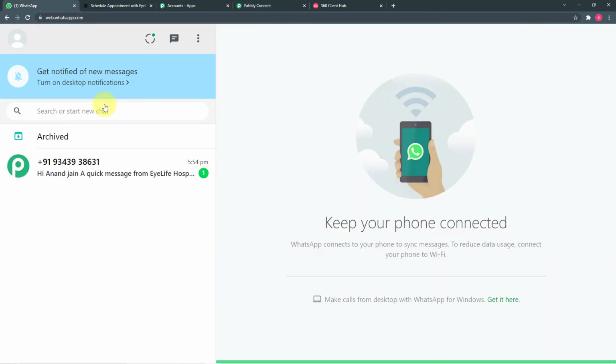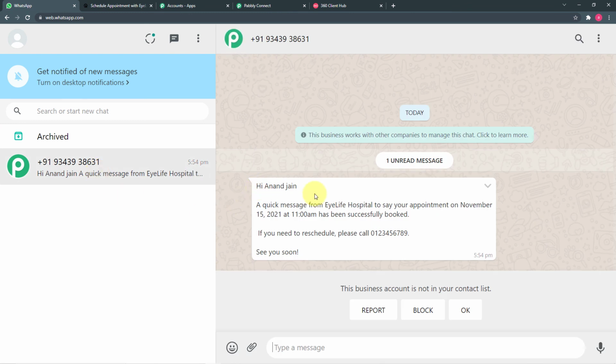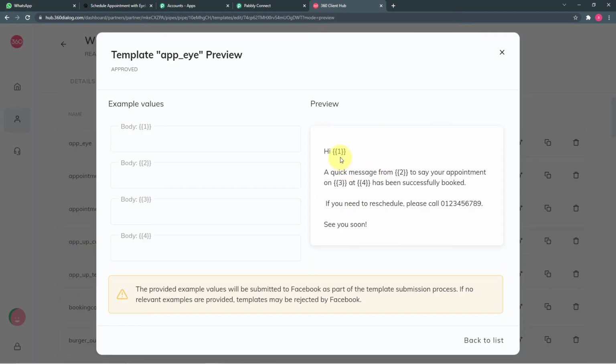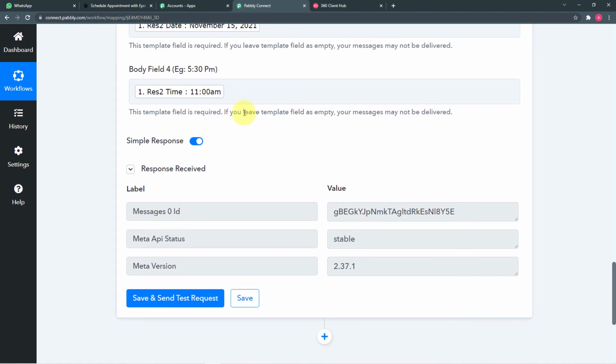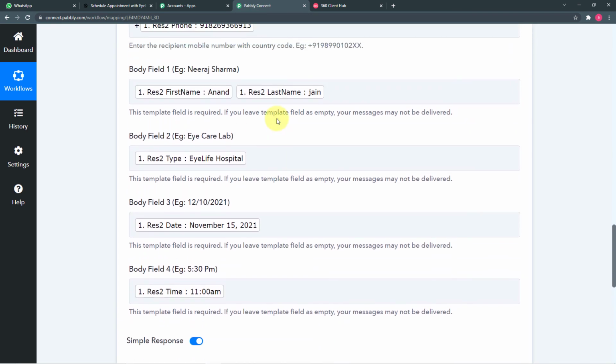Let us check, and the message is this: hi Anand Jain, a quick message from iLife Hospital to say your appointment on November 15, 2021 at 11 a.m. has been successfully booked. You can see in the places of body fields here we have the data that we have entered in Pabbly Connect. So our connection with WhatsApp is working fine.